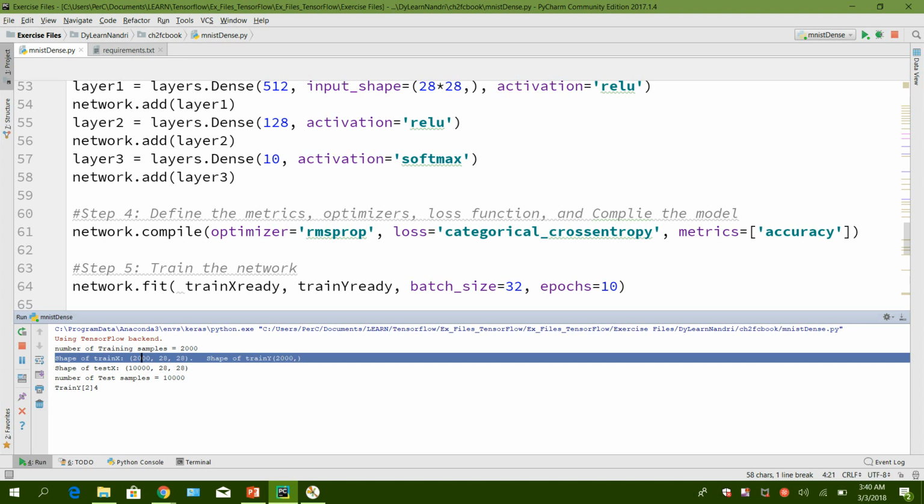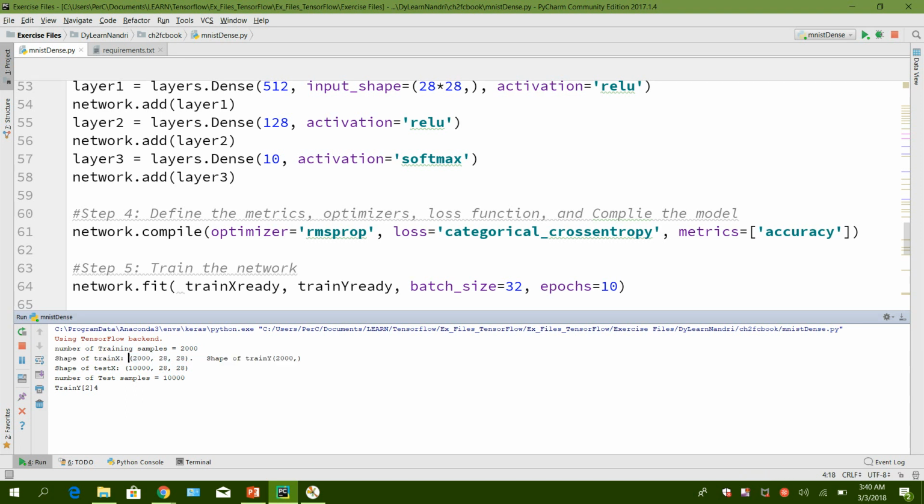The inputs to TensorFlow are all tensors here, and this is a tensor of size 2000, 28, 28, a three-dimension one.